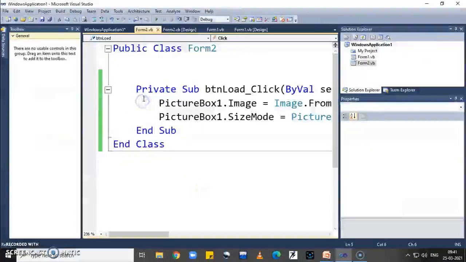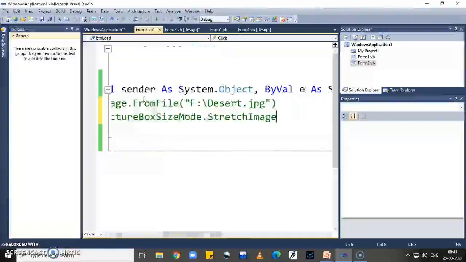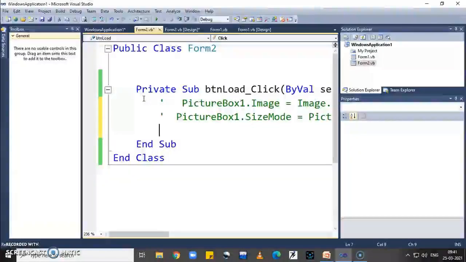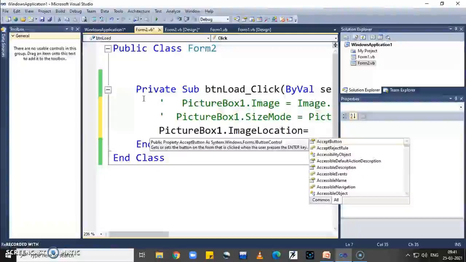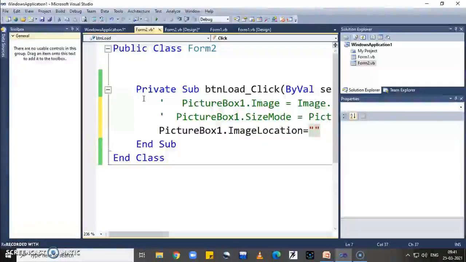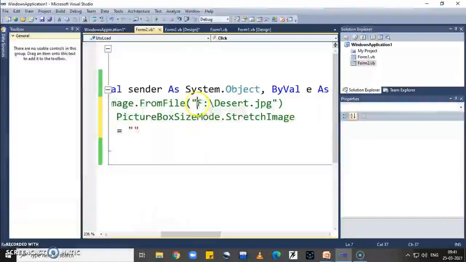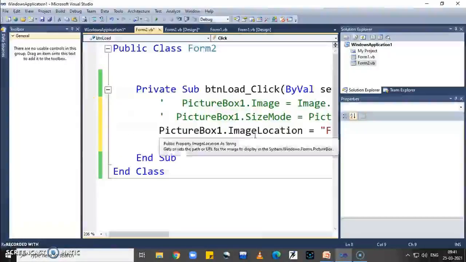Now comment out both statements and below this write picturebox1 dot ImageLocation is equal to the path of the picture. So my picture is in F drive desert.jpg. So copy this path and write it in double quotation marks.